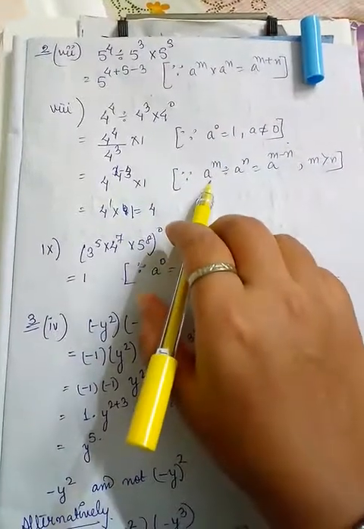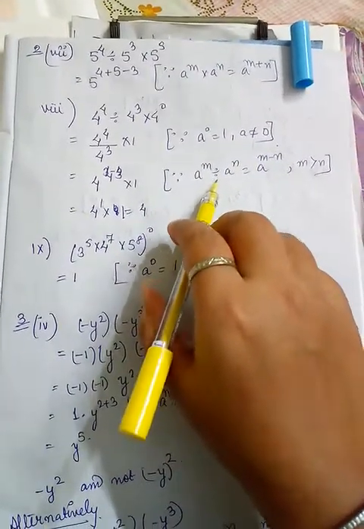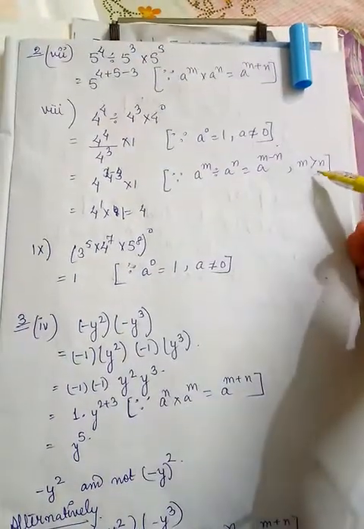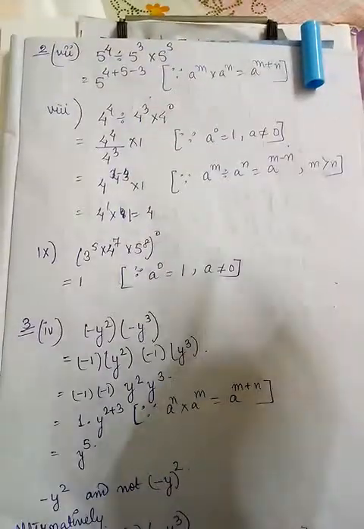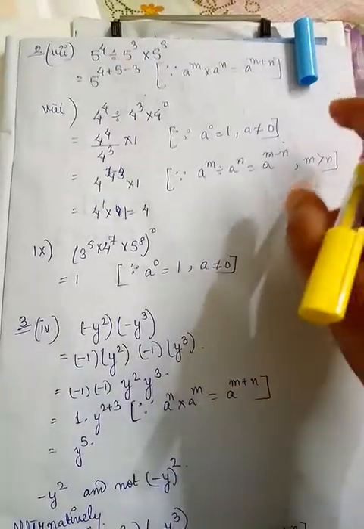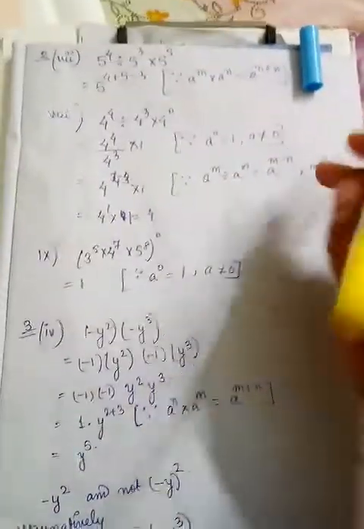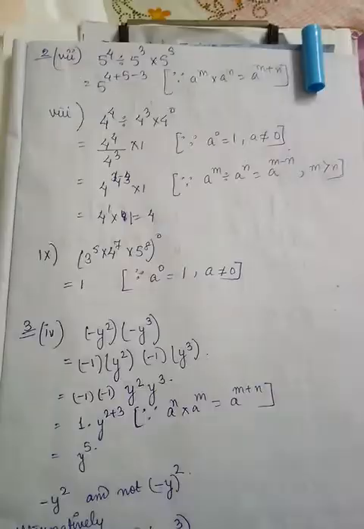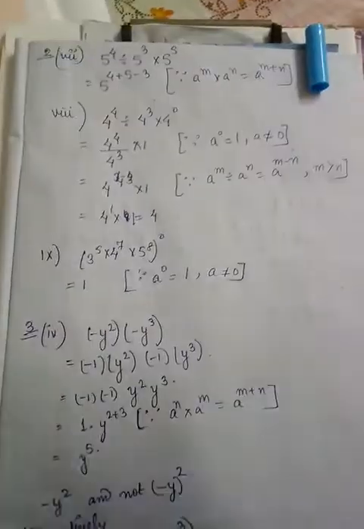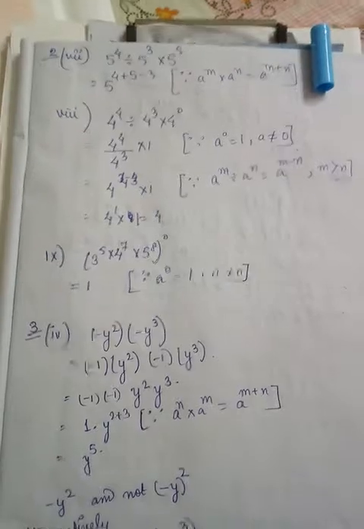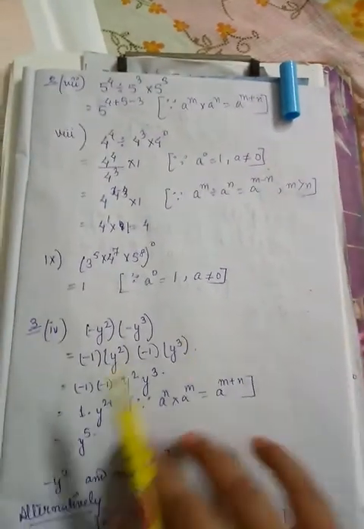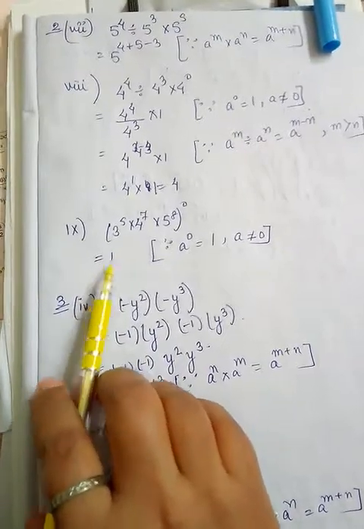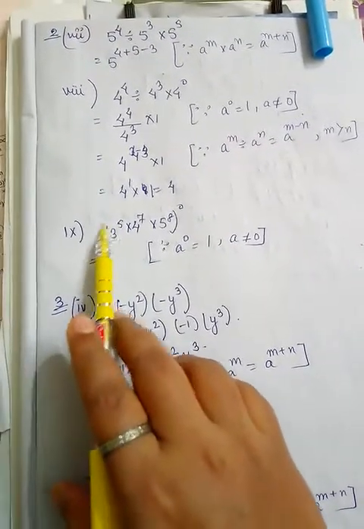Again you have to write this one also: a raised to the power m divided by a raised to the power n equals a raised to the power m minus n, when m is greater than n. So if any question requires more than one law of indices, you need to specify it. I am repeatedly telling, whichever question you are solving, you have to write the general law by which you are solving the question. Now this question you can directly write as 1, because we see that the